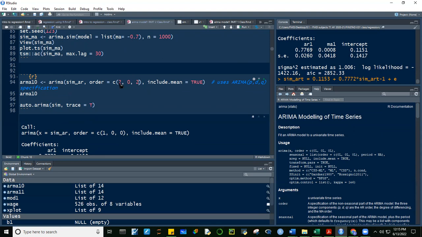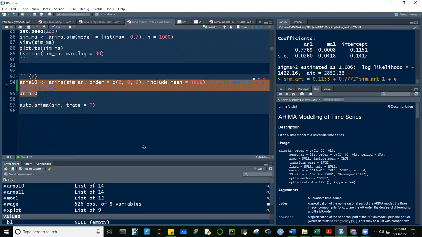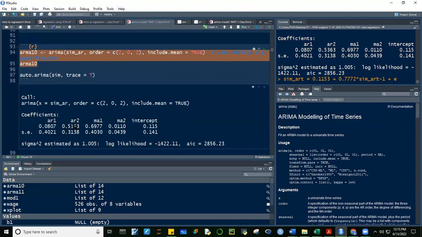Paano yung sinasabi ko, mag-generate siya ng ARIMA model na 2 lags ng AR at saka 2 lags ng MA. So if I run this, control enter, okay, tingnan natin yung i-generate niya. Yan, di ba? May AR1 component, may AR2 component, may MA1 component, may MA2 component. Bakit? Kasi 2 ang sinabi ko eh. Di ba? Lag 2 ng AR process, lag 2 ng MA process.